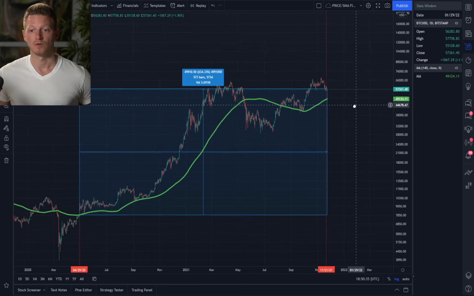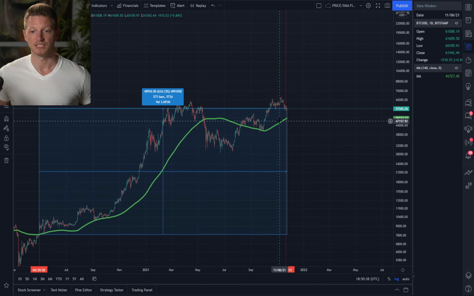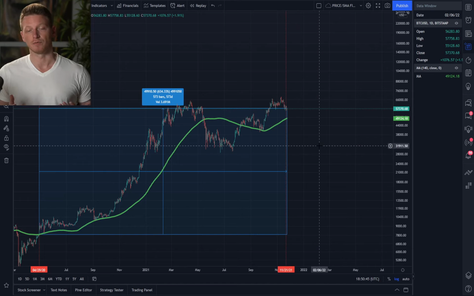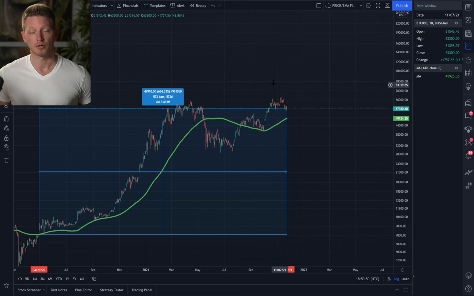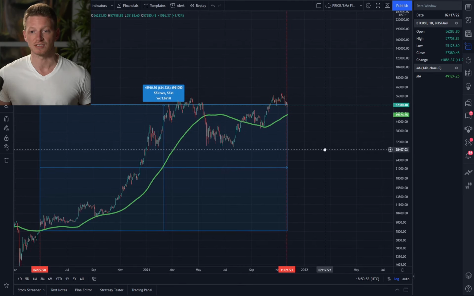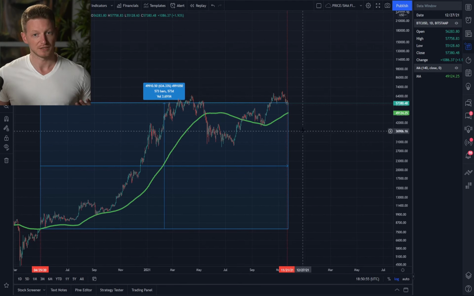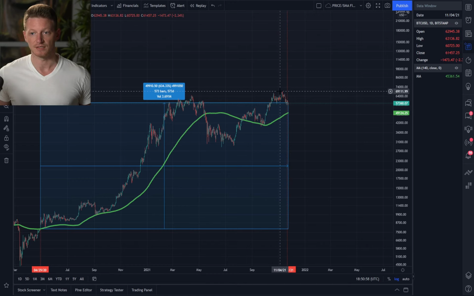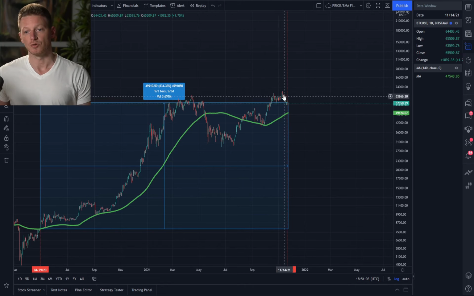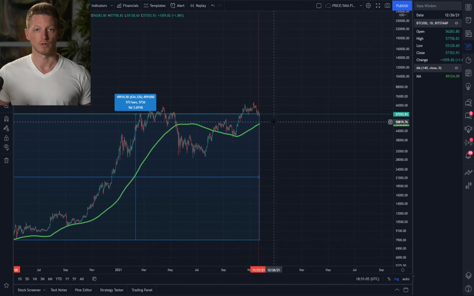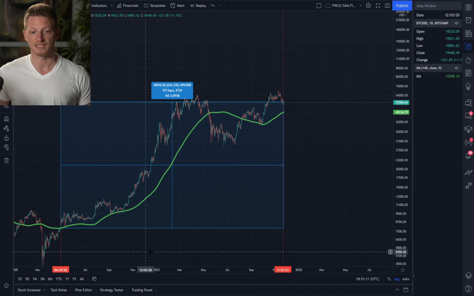Now, the 20-week moving average is moving up, currently sitting at almost 50,000, and we are sitting at 57,000. We've obviously corrected from where we were, approaching 69,000, really close to 70,000. We got rejected, which, whenever you're hitting some of these larger price milestones, can almost be expected. So we got rejected and are heading towards the 20-week moving average. Hitting the 20-week would actually be a healthy thing for the market, as it typically is.